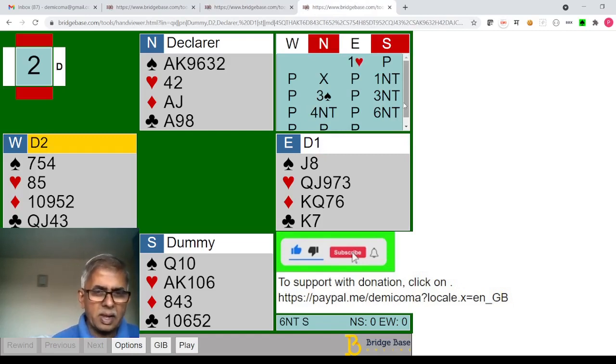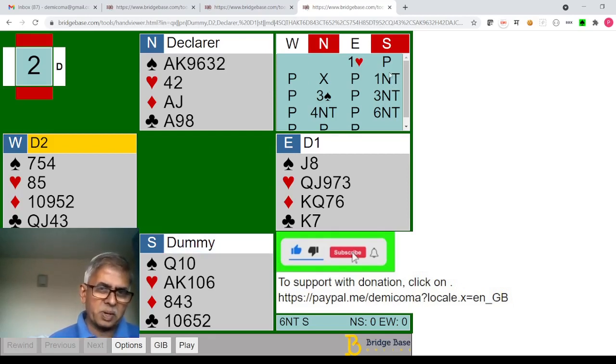Let us see the bidding. Now here East is the dealer. So East opens one heart, a normal one heart opening. East has 12 points. Pass, North doubles. South bids one notrump.